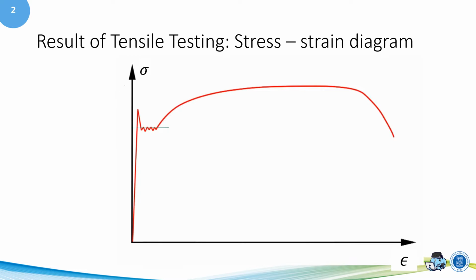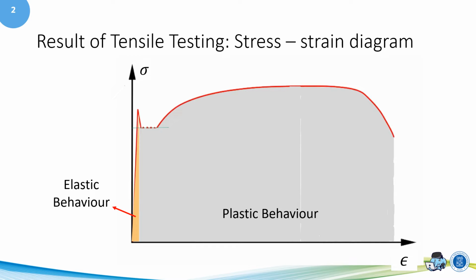In general, there are two behaviors of the material when a material is in tensile loading, as you have seen in the video. The first one is the elastic behavior. Here, the material will become longer when it is in tension. Then, when you release the force, the material will return to its original dimension. The second one is the plastic behavior. When a bar is pulled until the plastic behavior, the bar will not return to the original dimension when you release the force. It means that the bar of the material has been plastically deformed.